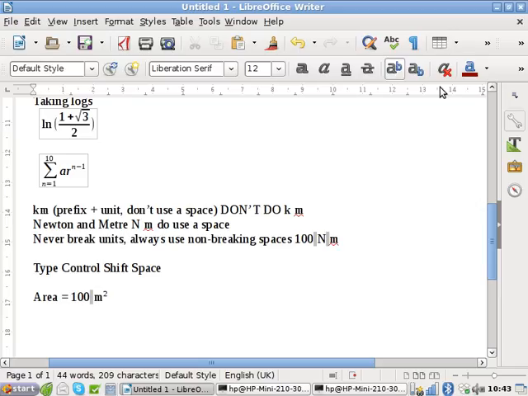Superscript, yeah. This one here. And then you have to click it again to turn it off. So can you type this in? Area equals 100 meters squared. Have you got that? Yeah. Now, the next thing,